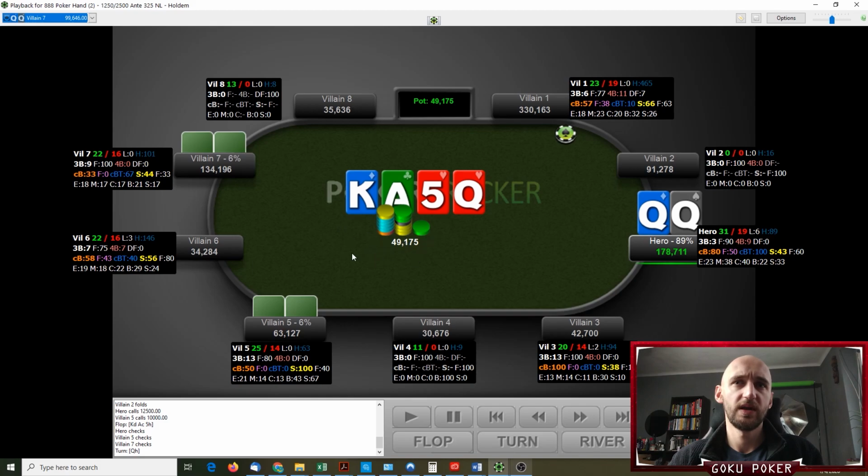There's 50k in the pot, so 20 big blinds. The effective stack of this villain is like 54 bigs. This guy has 25 bigs. So there's really no reason to check here and let them draw, because when the action goes like it went on the flop, check, check, check, after a 3-bet pot and 2 callers, it's most likely that if we check here, they are both going to check as well. Everyone's got some pairs and under pairs to the board, most likely at least. So we should go ahead and bet, and we can see the hero agrees with that